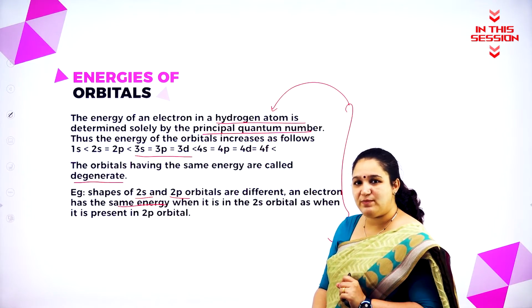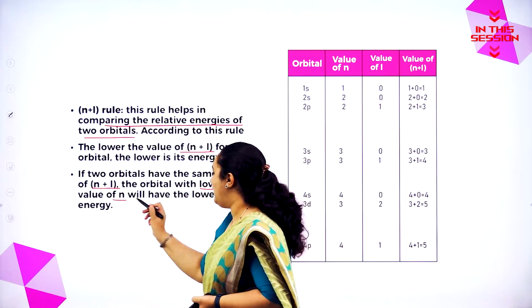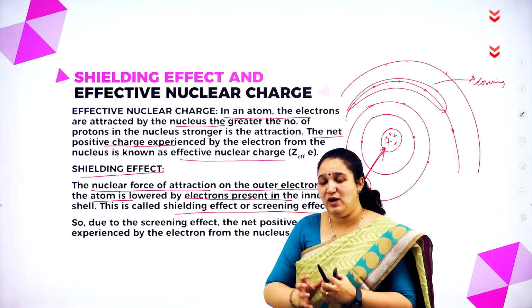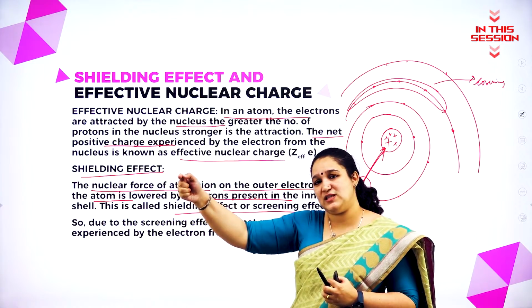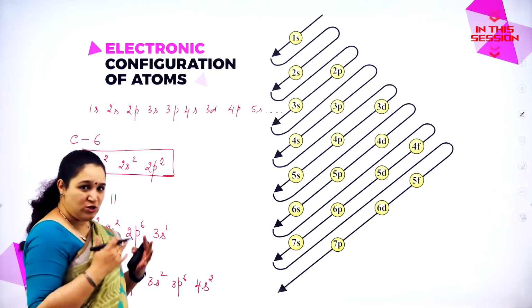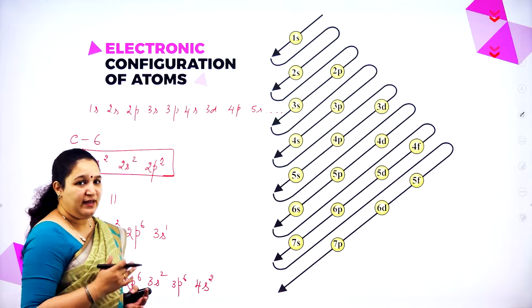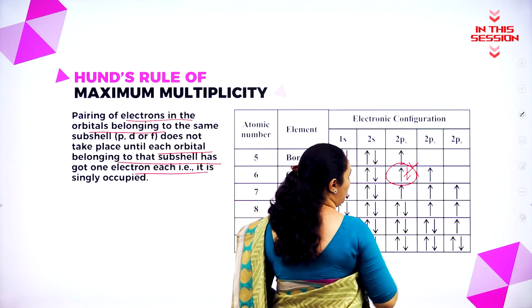Hello my dear students, in hydrogen atom how many electrons are present? The lower value of N will have lower energy. The nucleus is not able to attract the electrons which is there in the outermost shell. You also learnt it in school. Yet again I have explained it. If I write it this way, it is wrong.